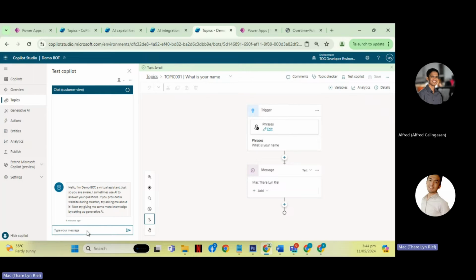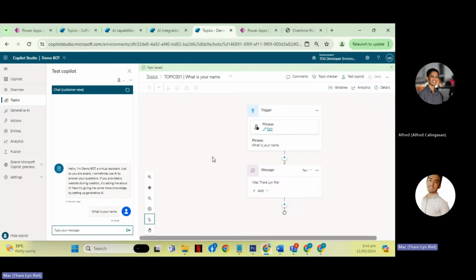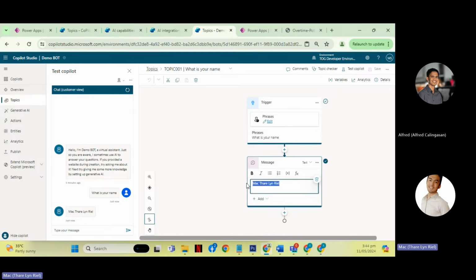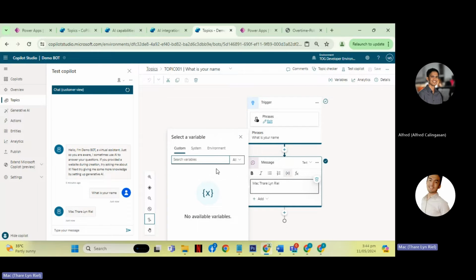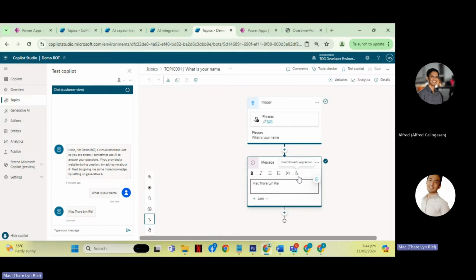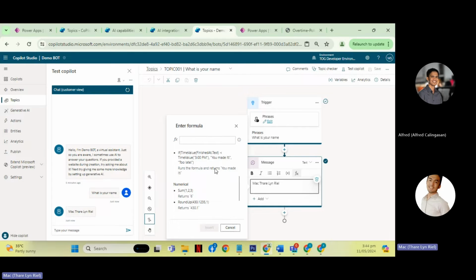So if you ask the Copilot what is your name, it should trigger this topic, and then the next action is to send a message, and it will send whatever you put here. You can put custom values from the variable, system variable, and environment variable here. And also you can put a formula. So there's a custom formula of Copilot Studio that you can use.